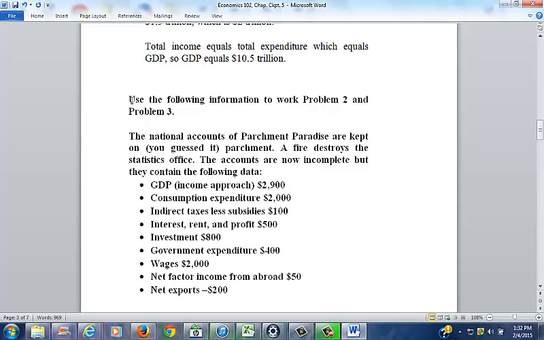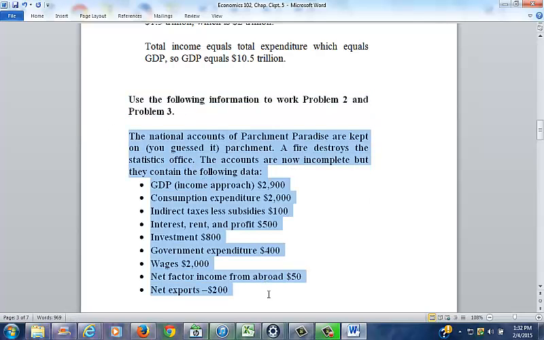Next question states, use the following information to work problem 2 and problem 3. The national accounts of Parchment Paradise are kept on, you guessed it, parchment. A fire destroys the statistics office. The accounts are now incomplete, but they contain the following data. GDP, using the income approach, of